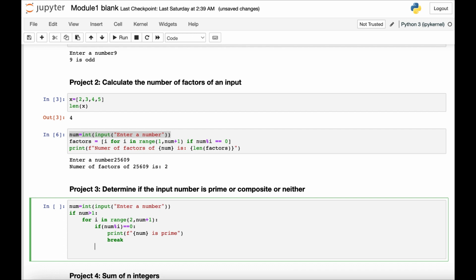If the number is divisible by 5, so obviously if the number is divisible by a number less than the number which we have input there, suppose I enter 10, and if the number is divisible by 4, the loop should stop there, because we have found that the number is divisible by a number other than the input number, so that is definitely not a prime number, and so on. And else